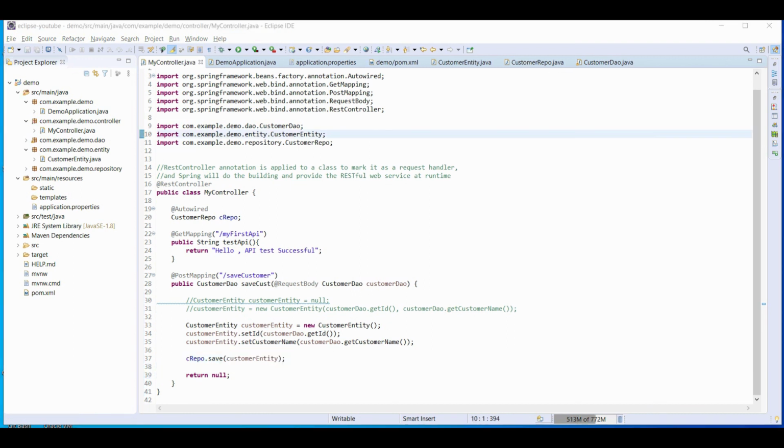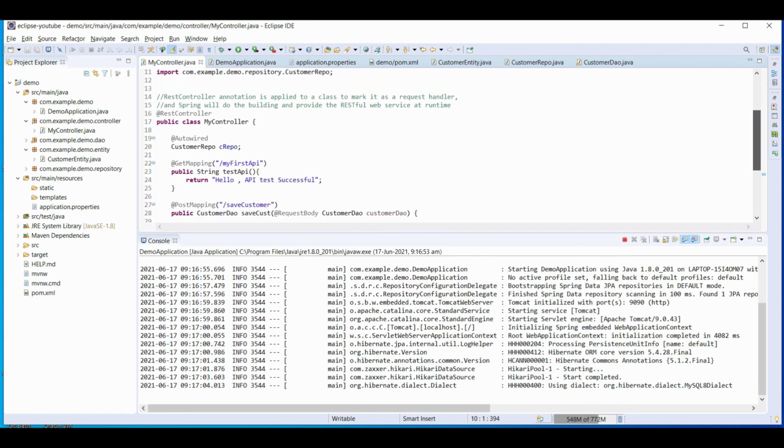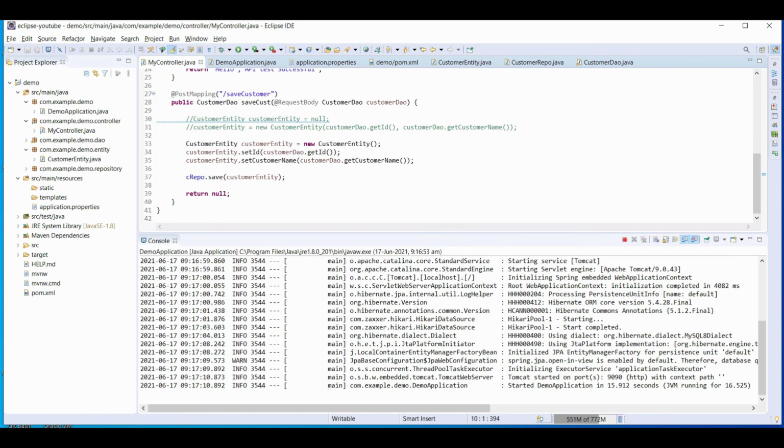Now through Postman we'll make this API call, and this is very much important to learn because our call will not be the same, it will be different. So let us go to Postman. First we'll run our application so that we'll be sure that there is no error. So yes, our application is running now.